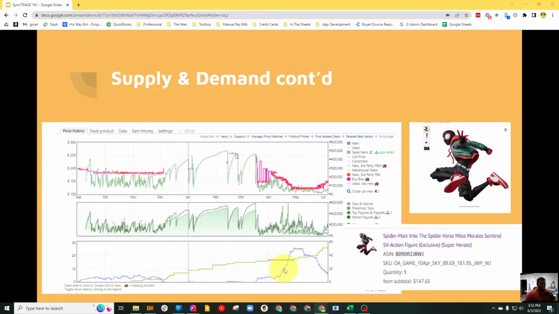So this purple line down here represents the number of offers, or you can consider it the number of sellers who are also selling this item. So when it was way back here in October of last year, the price was fairly stable at just under $200. And then it goes out of stock, the price jumps because there's no supply, but the demand is there. And so when people do come back into stock with this item, they're able to charge a higher premium because the supply is less.